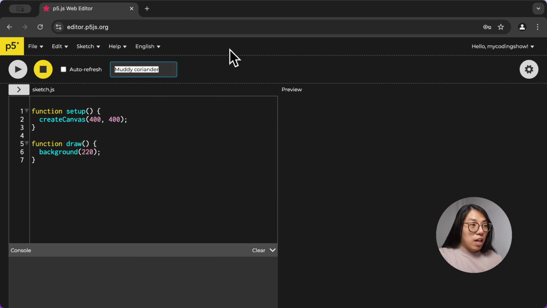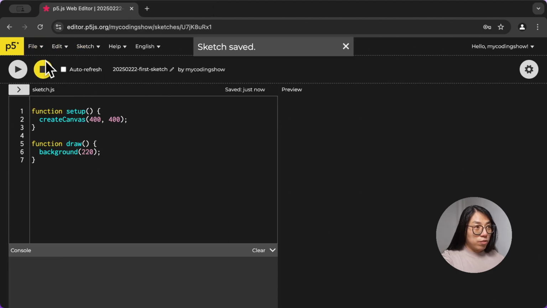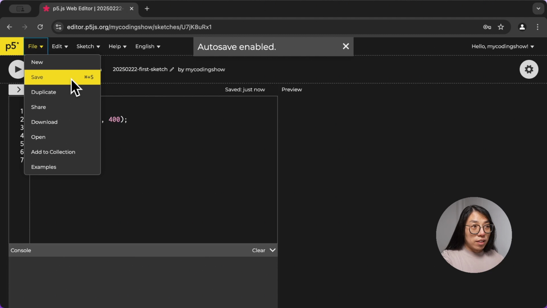And personally, I like to name my sketch with the date of today, which is February 22. And I'm going to call this first sketch. And now I just named the sketch, and then what I can do is to click File and Save, or use the shortcut. I'm on a Mac, so I'm going to use Command S, and if you're on a PC, it should be